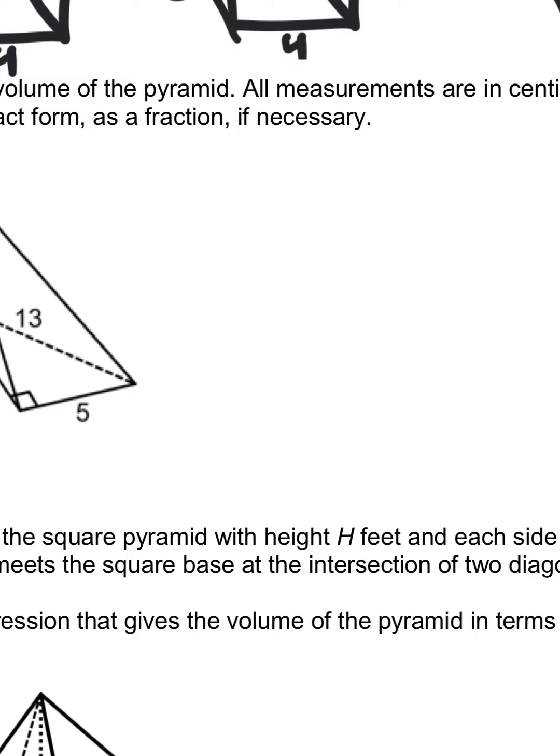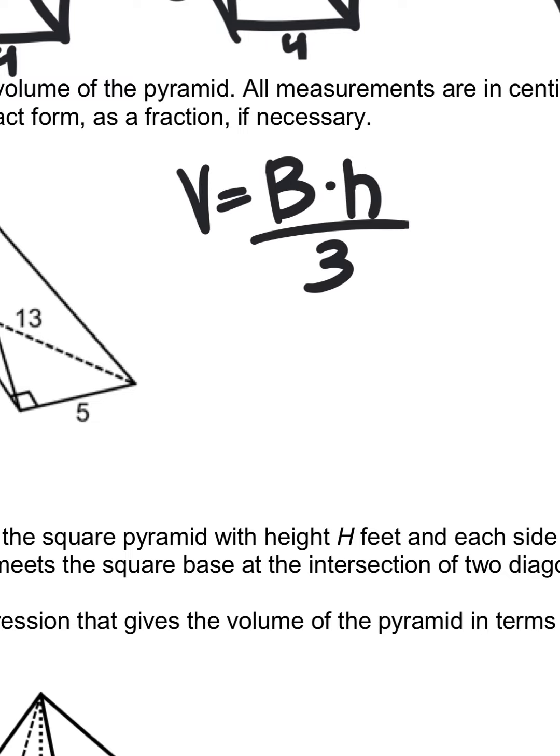All right, for this next one, it's asking us to find the volume of a pyramid. So I'm going to initially write down the formula for the volume of a pyramid, which is the area of the base times the lateral height divided by 3. Okay, so in order to figure this one out, I need to know the area of my base. It's a triangle, so I'm going to highlight that base,